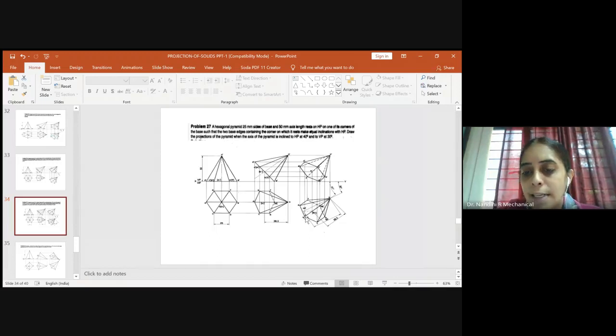Extend this line, keep one end of the compass and cut an arc. So you'll get the point D, because D, O1, A and O all are along the same line. So that we got at least one of the longer edge shifted to the apparent angle. After doing this, construct the bottom surface first.